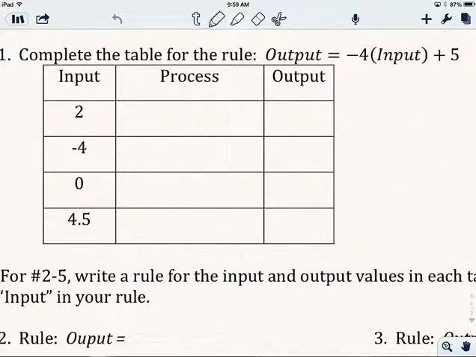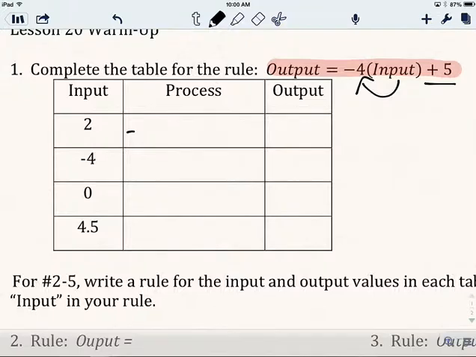Okay, so I'm looking at my rule, output equals -4 times input plus 5. -4 right next to parentheses means times. So I'm going to go ahead and start working with this. So this says whatever the input is, multiply it by -4 and then add 5. So I'm going to write that out in this fashion. So I see the input of 2 here. I'm going to write -4 times the input